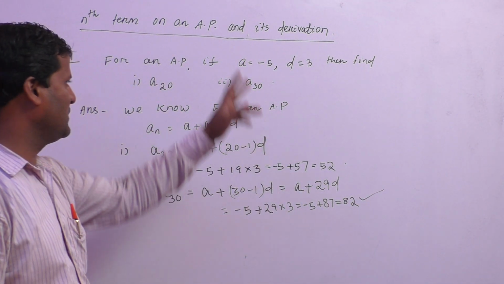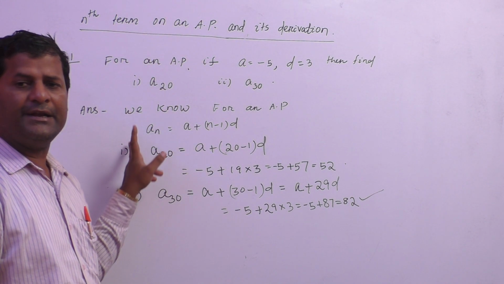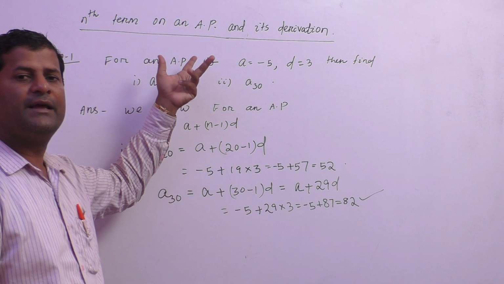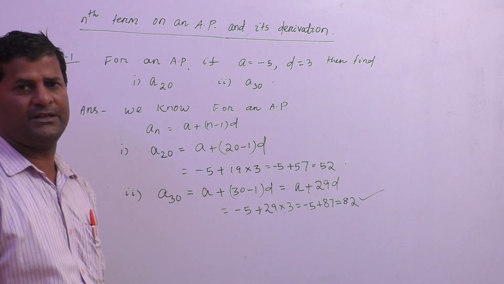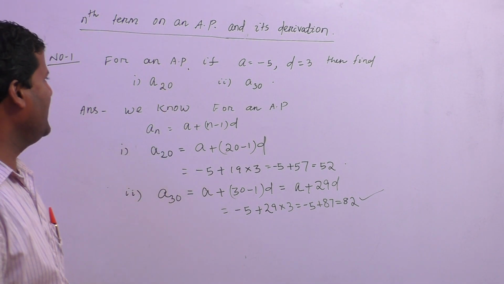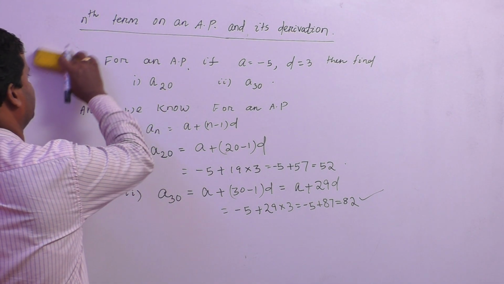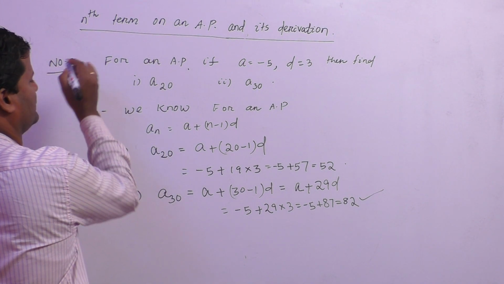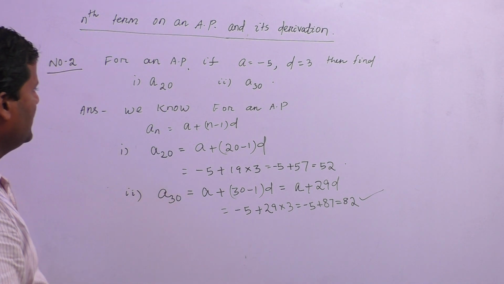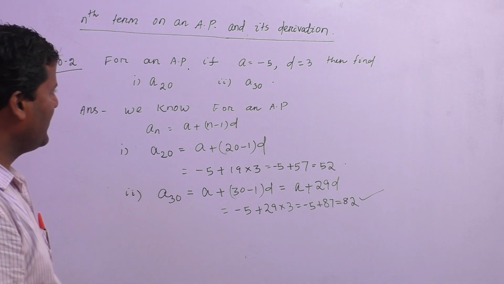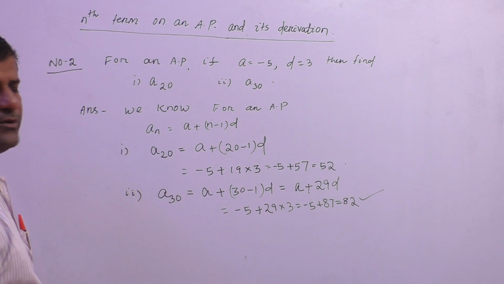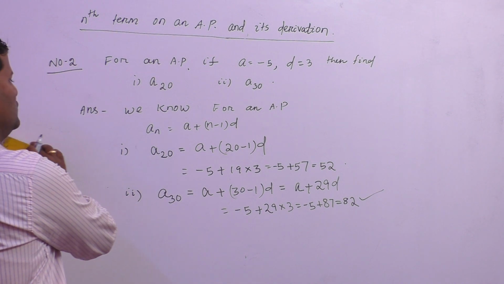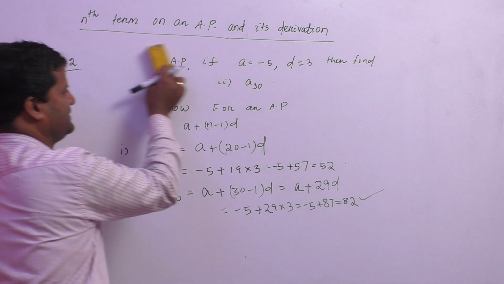The aim of question number 1 is to determine any term of an AP if the first term and common difference are given to us. Similarly, we will go for another question. I hope all of you have got question number 1. Then we can go for solving question number 2. Number 2 is